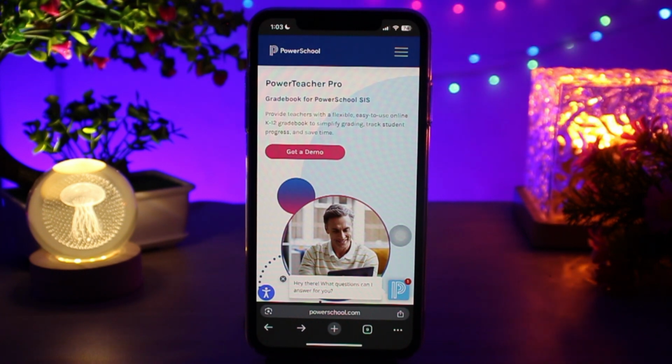Then simply create an account on the enrollment portal if it's your first time and complete the online form, providing student and parent info, previous school details, emergency contacts, health records, and proof of residency. Once done, upload required documents such as birth certificate, immunization records, and registration proof, for example a utility bill. Then once done, submit the form and wait for a confirmation email or call